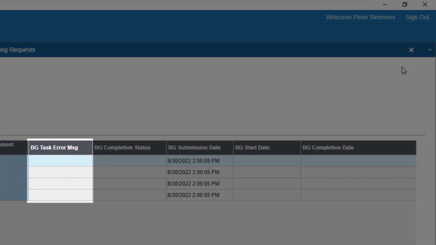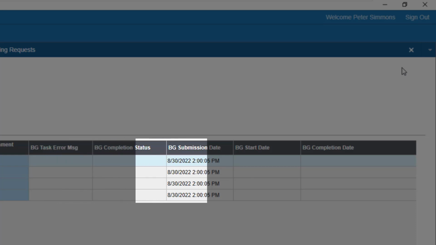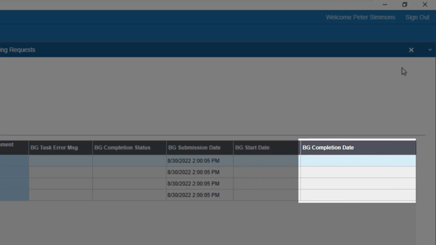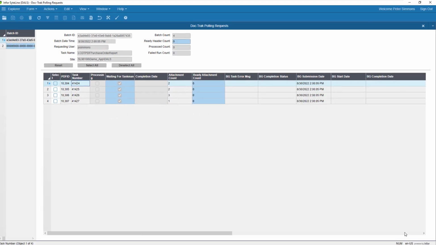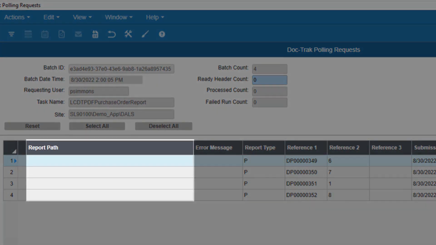Next, if the background task encounters an error, it will be displayed here. The next field will display the completion status, and this field shows the date and time that the background task was submitted. When the background task actually starts, you'll see the date and time here. When it's completed, you'll see that info in this field and the path of the initial SiteLine report here.